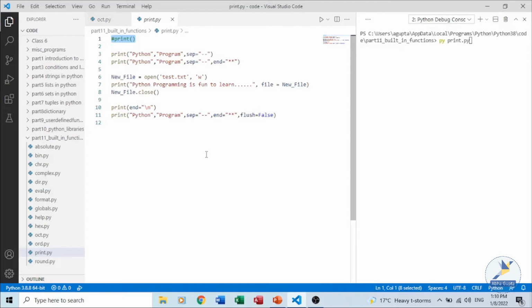There are various arguments which can be passed to the print function, and instead of writing the output on the standard output, that is on your screen, you could write it to a file also. We'll see that in this particular program. Now your print function takes the objects. Then we also have some more